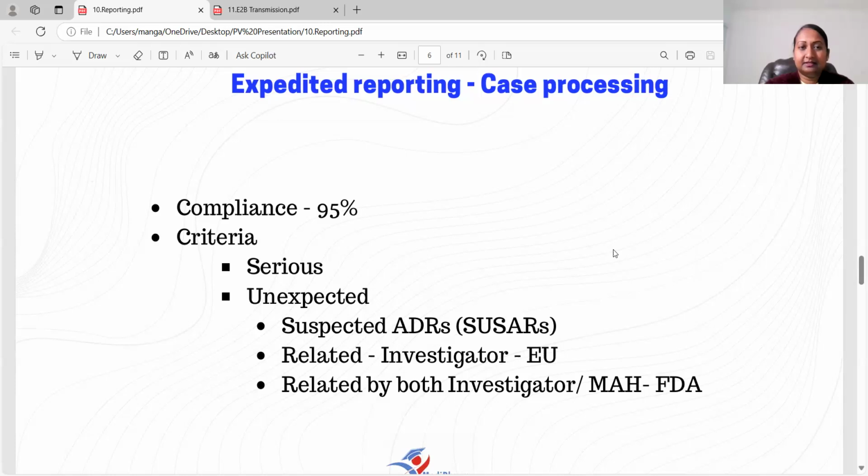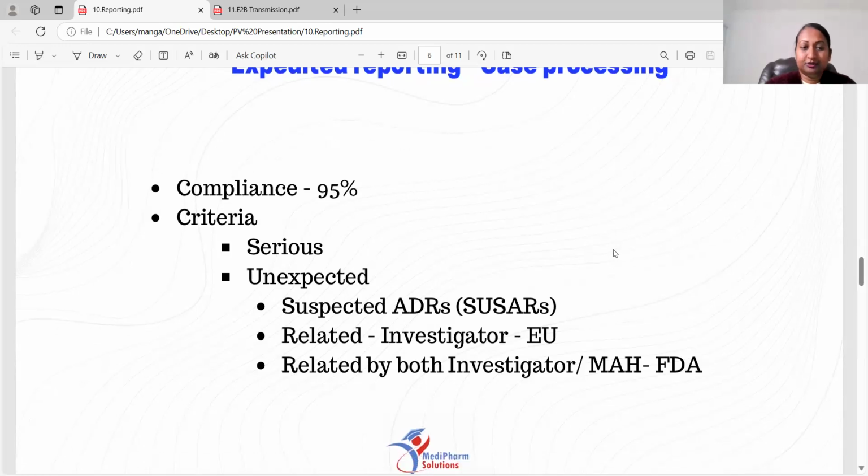And which are the cases that get qualified for expedited reporting? What is the criteria? First of all, your case should be serious. Then it should be an unexpected event. And it should be suspected as an adverse drug reaction by the investigator as well as by the sponsor. Both of them should agree. But the most recent update which has come out, especially for this batch which is going ahead for the interviews, is